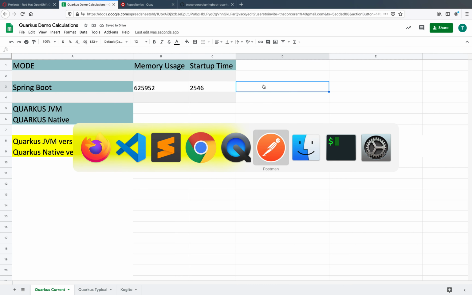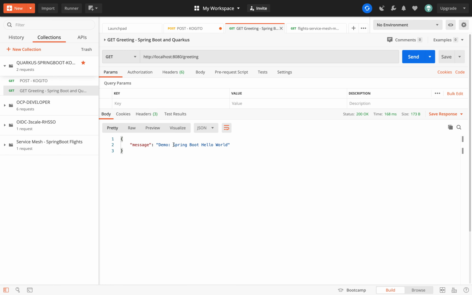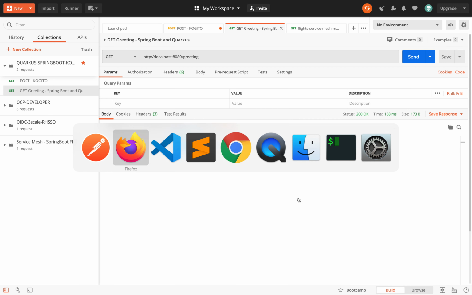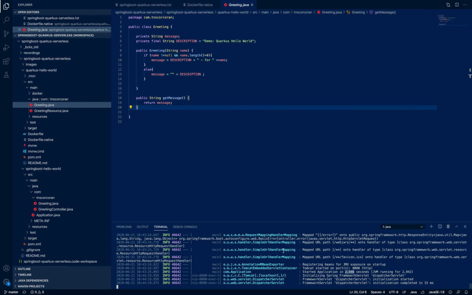Just to prove that we do have a running application, this is the same endpoint that is going to hit both applications. And we can see we've got our Spring Boot Hello World returned. So that's the Spring Boot baseline, if you like. I'm going to shut down Spring Boot,